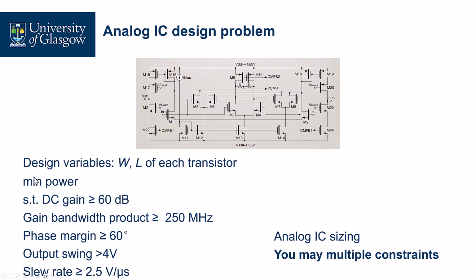We can see we want to minimize the power. These are all the specifications, right? We call it a performance matrix. If we meet them, we minimize the power. At this moment, analog circuit design is very complex. We need much experience. But after learning this class, you understand this problem, and we can transfer it to an optimization problem. And by using AI techniques, we can solve this problem. So we can see you have